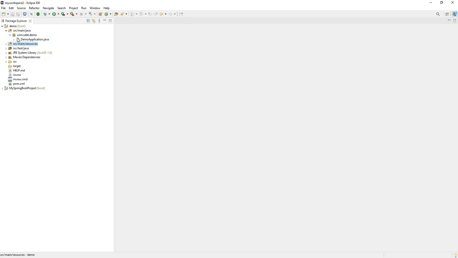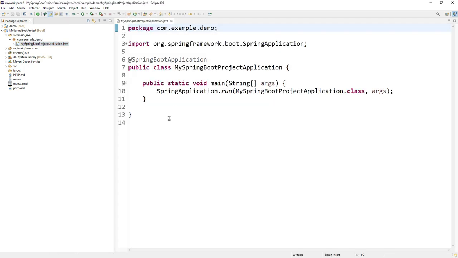For testing purposes, whatever code is developed, if you want to test it, all the unit tests we have to put under src/test/java. So this package is created for writing the unit test cases. And if I look at this project, this is the main class I have talked about, my Spring Boot application. This is the actual main class. From here all the classes will be executed, the whole code will be executed from here.